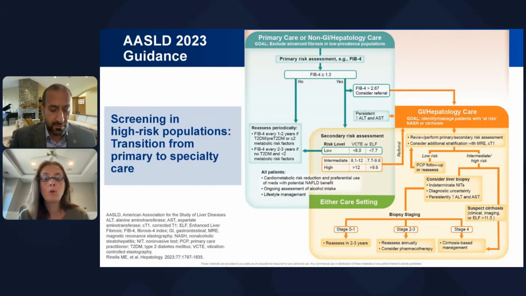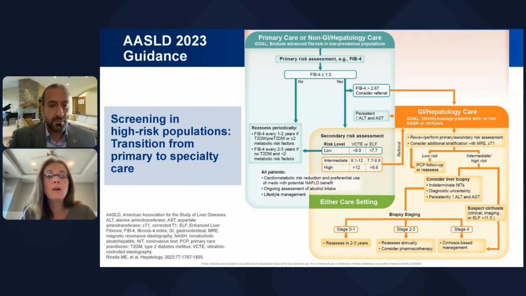The other is that we gave a more prescriptive guidance with respect to sequential screening using non-invasive tests. Our intention was to make this applicable not just to hepatology, but also to primary care. You can see in this algorithm that we start with FIB4. The primary strength of FIB4 is in its negative predictive value in a general population. What we were trying to do is highlight those patients who really didn't need to be referred for specialty care. Those that have a FIB4 less than 1.3 remain